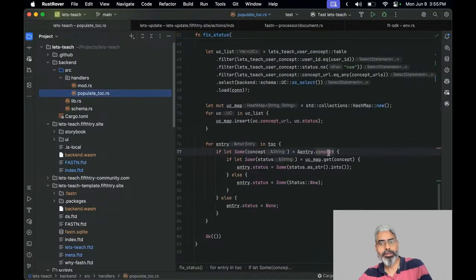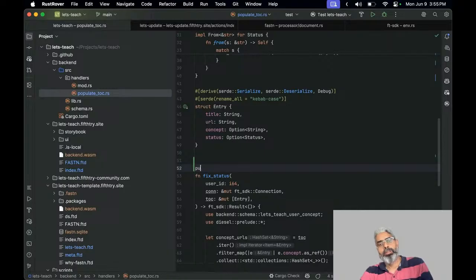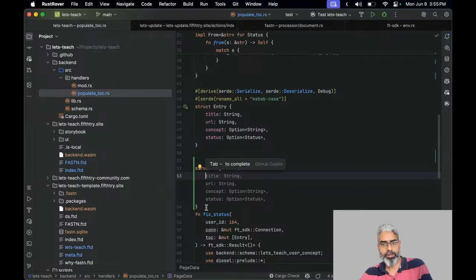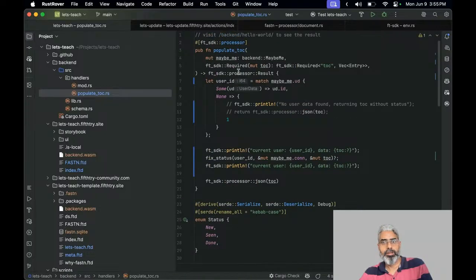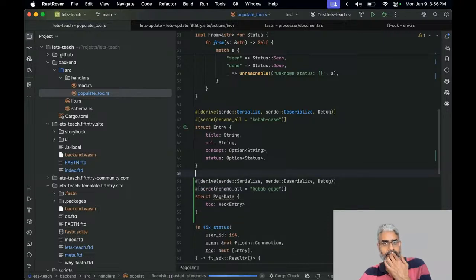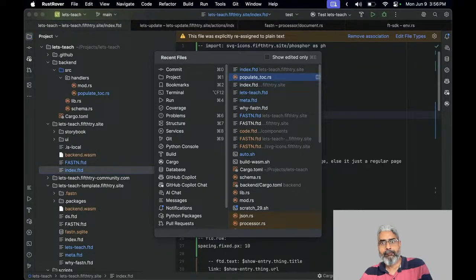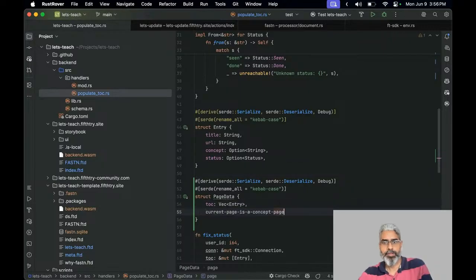So let's create a type on the backend side called struct page data, and this will contain the vector of entry, which is TOC, and it will have all of these funky stuff, and it will have a variable with a very long name, which is a boolean,